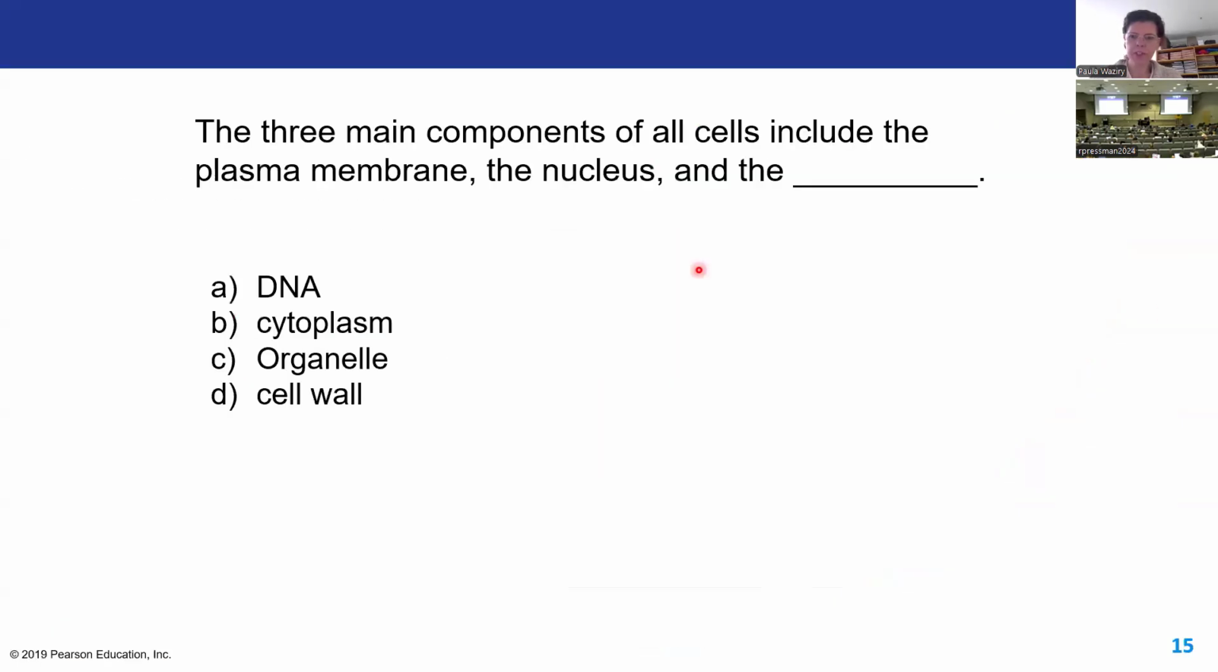And here comes another question. The three main components, oh, I just gave you the answer. Three main components of all cells include the plasma membrane, the nucleus, and the,